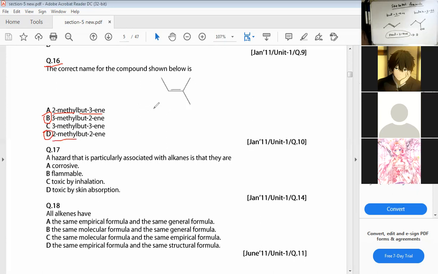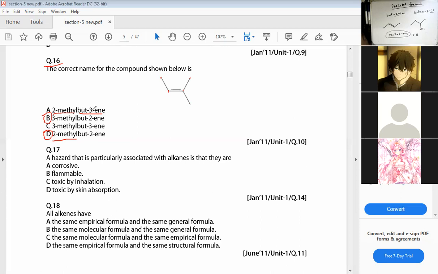Okay, look at. First, it is butene, it is clear, right? Because there are 4 carbon in the long chain. 1, 2, 3, 4. You can check this one 4 or this one, no problem. So if we take this 4 in long chain, there is a double bond in second carbon, and there is a methyl group here, right? There is a branch. From this side, if you count 1, 2, with second carbon there is a double bond. From this side, if you count 1, 2, with second carbon there is a double bond.